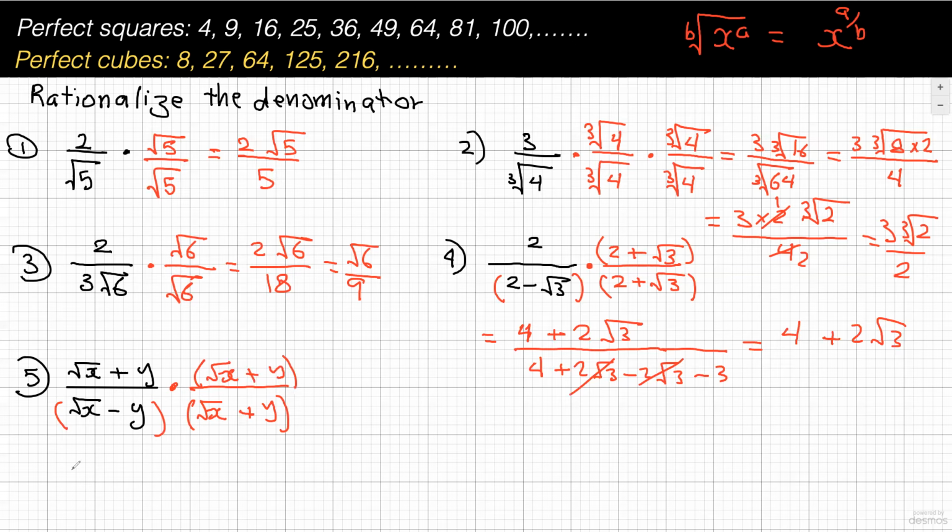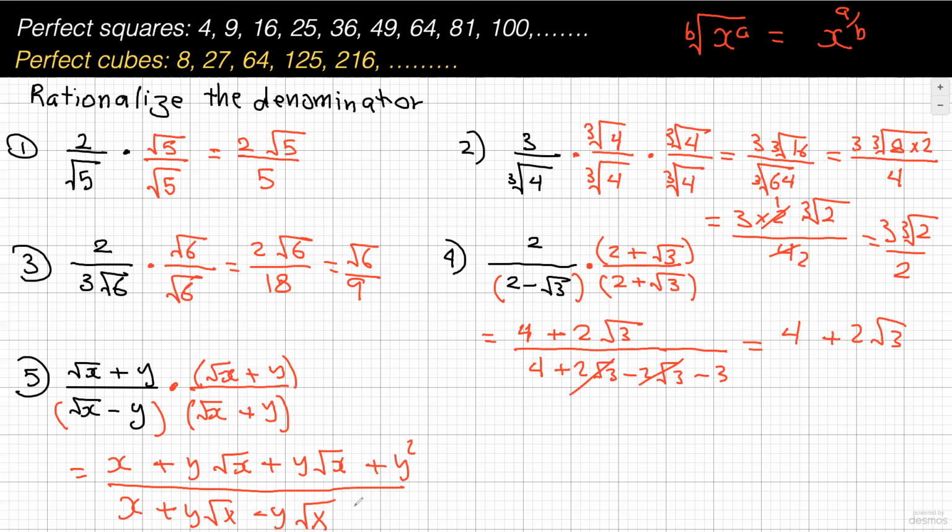Here, if you look at this, root x times root x is just gonna give me x, root x times y is plus y root x, and then y times root x again is plus y root x, and y times y is just y squared. And on the bottom, root x times root x is x, and then plus y root x, and then minus y root x, and then minus y squared, which gives me, on top, x plus 2y root x plus y squared. On the bottom, these are the same, so they're going to cancel with the opposite signs, and I'm just going to have